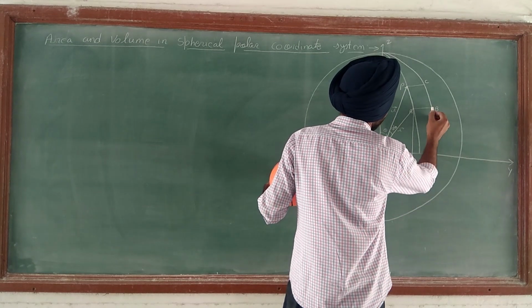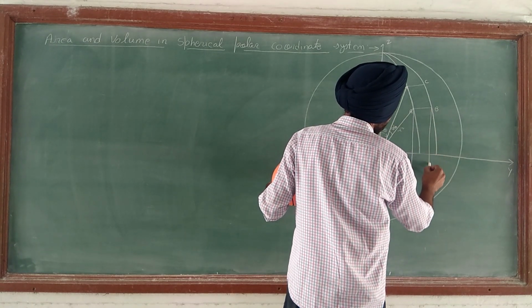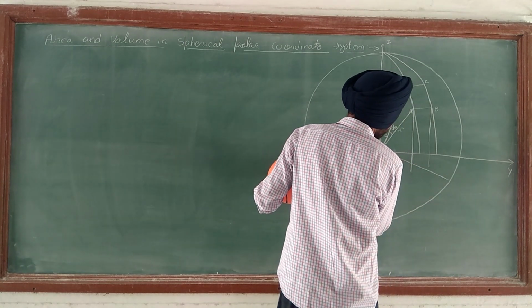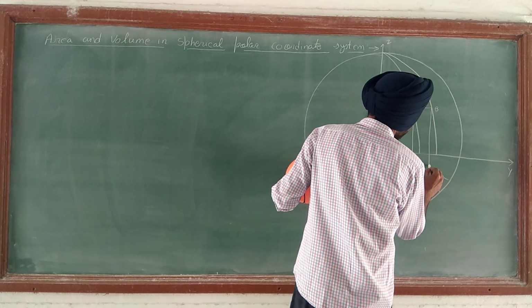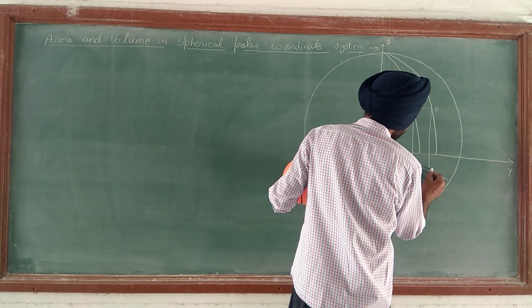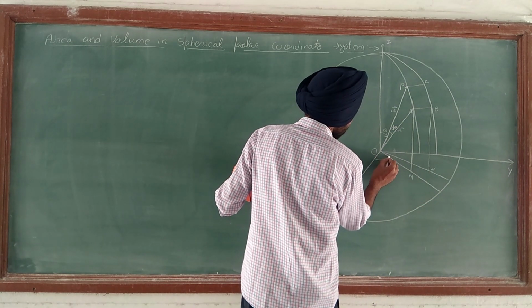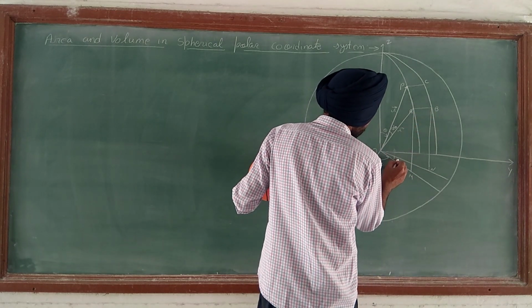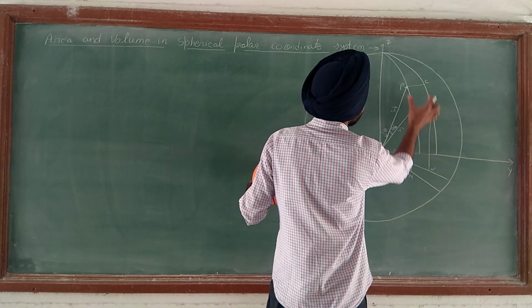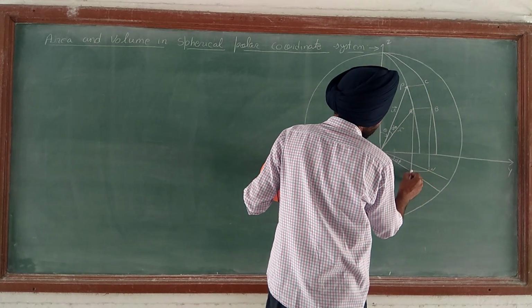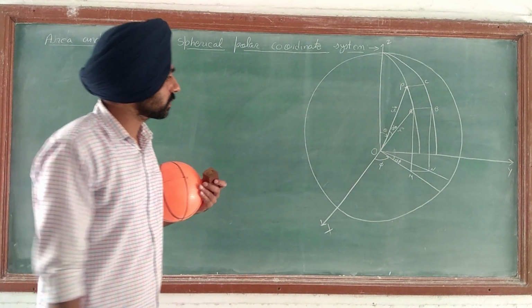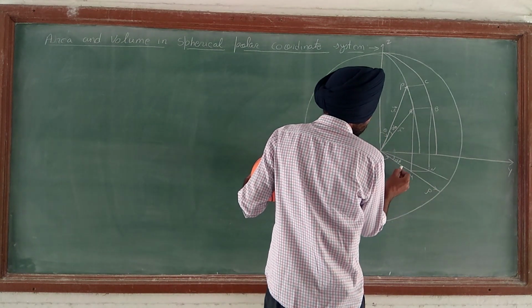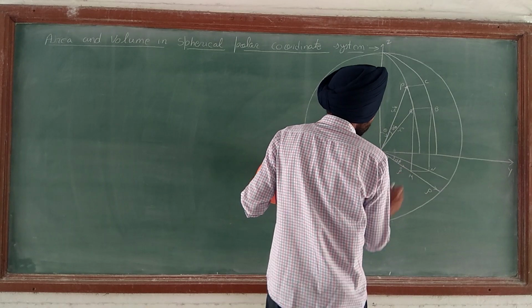We have to draw a normal from points A and B on the plane, and it meets the plane at points M and N. This is M, this is N. So this angle was phi. So this A to B is due to a small change in angle d phi. This AB or BC equals this MN. You can see in the previous videos this was the vector rho and the unit vector along this axis was rho cap.